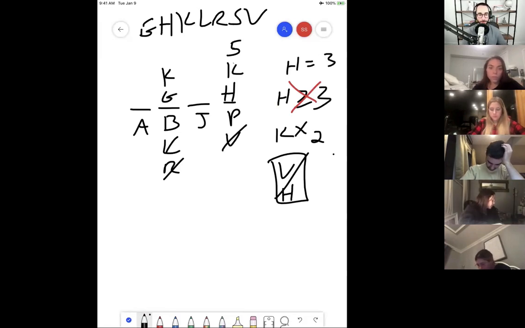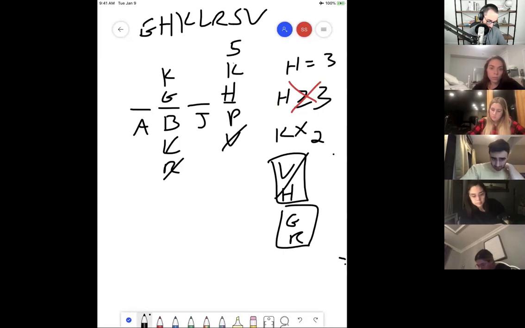So we got V and H conflict. We're also going to have that G and R conflict. We've got G in the Bobby column, and we already have the rule that R cannot be in that column, so nothing else to write additionally, but we'll keep this to the side and note it for going forward.